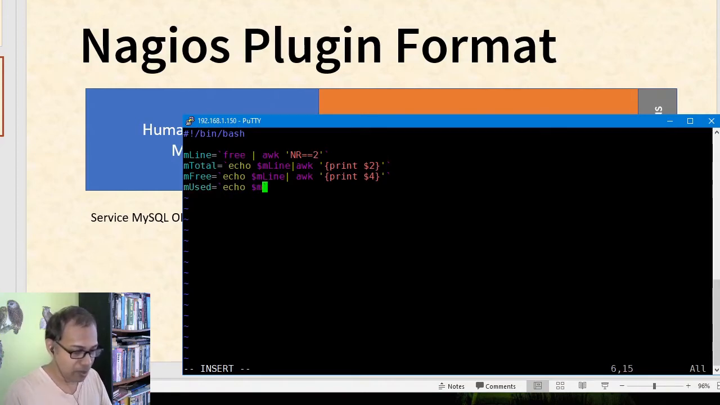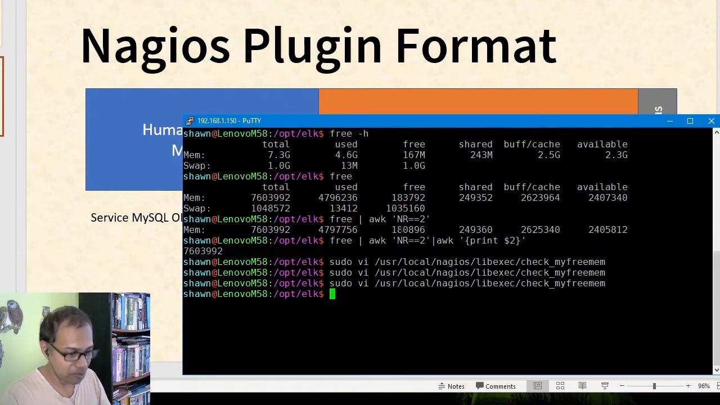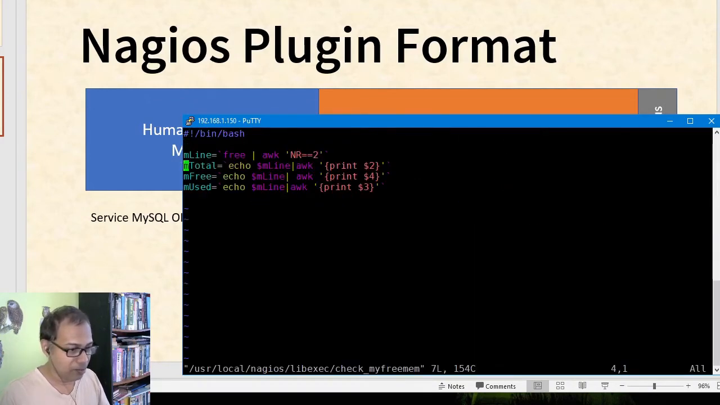Echo m line awk print and $3. Yeah, so $3 is the used, if I'm not mistaken. Let me see. Used is 1, 2, and third column. Okay, and yeah, that's it. So I got the values here. Now I can